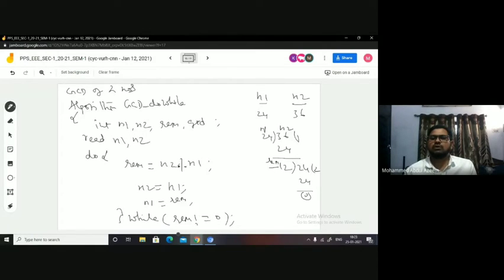See, N1 is 24 and let us take N2 as 36. Now just trace the algorithm and see. When you have read the values like this, and do means you will be allowed inside. Just go inside, that's it, right? Remainder equal to N2 mod N1. So what do you get in remainder? 12. So you got the remainder value as 12, right? And N1 is placed in N2. What is N1? 24. So 24 goes to N2, right? And remainder is placed in N1. Remainder is 12, so 12 is placed in N1.